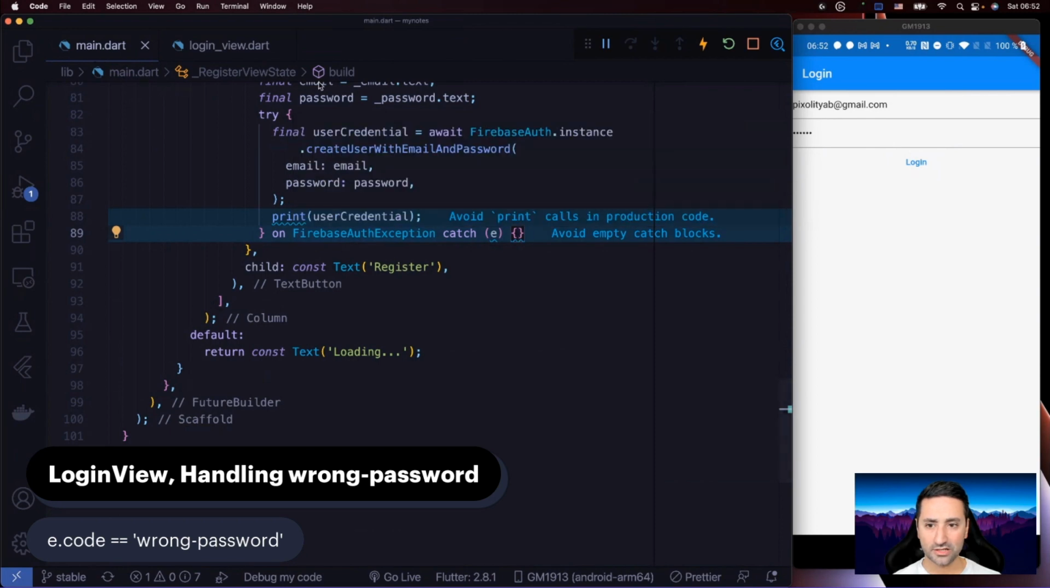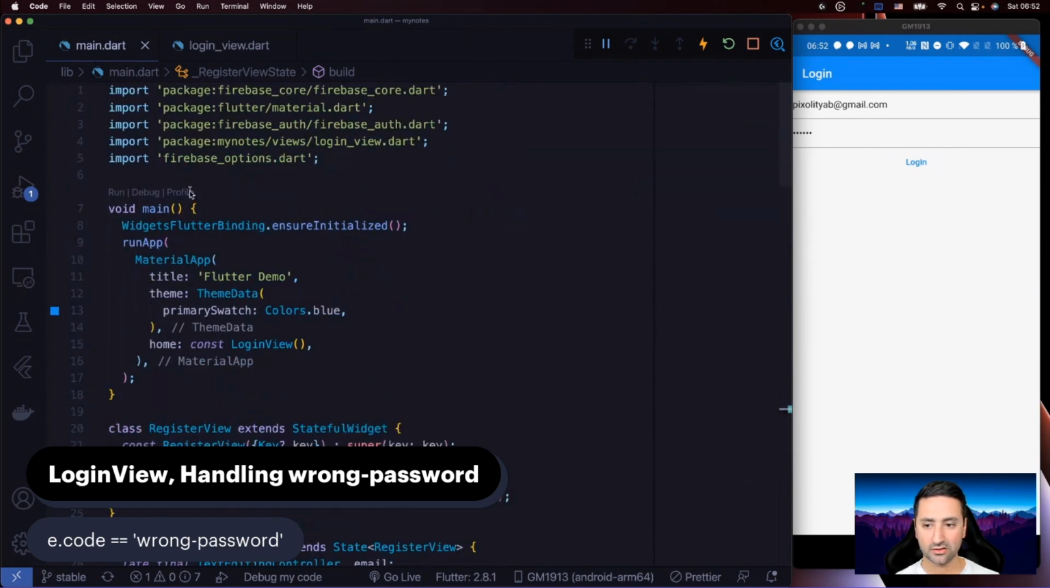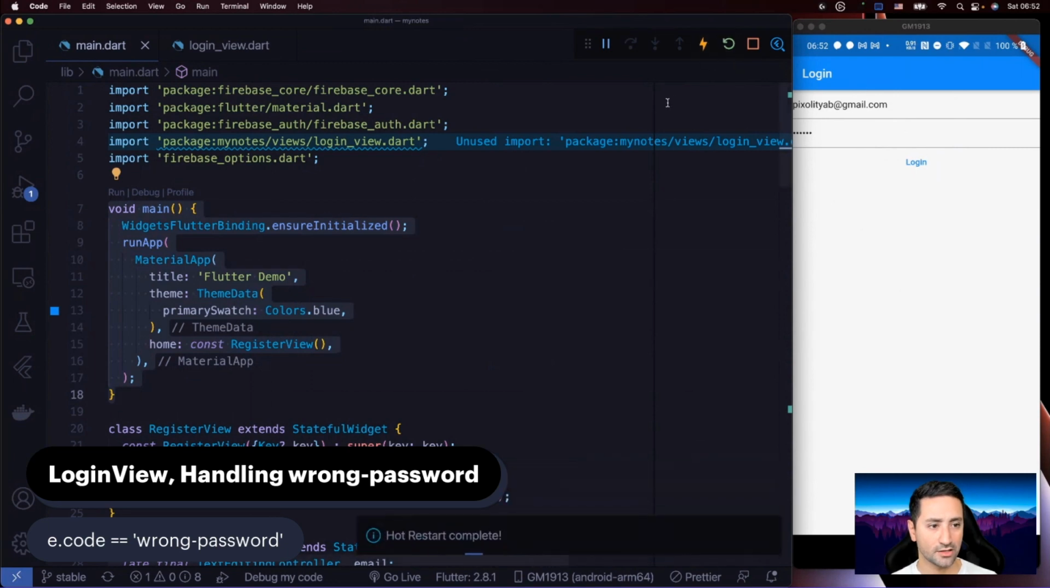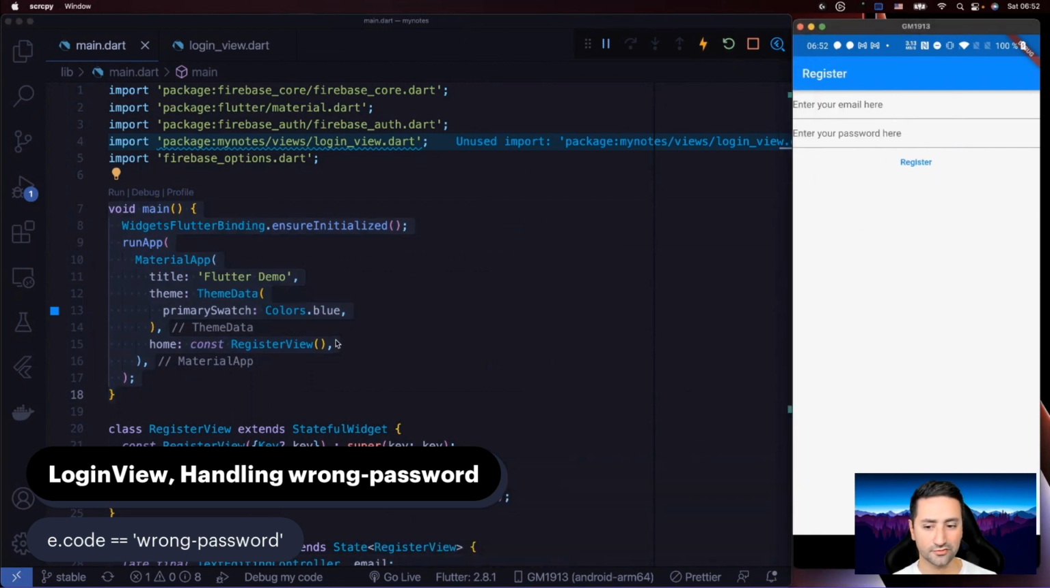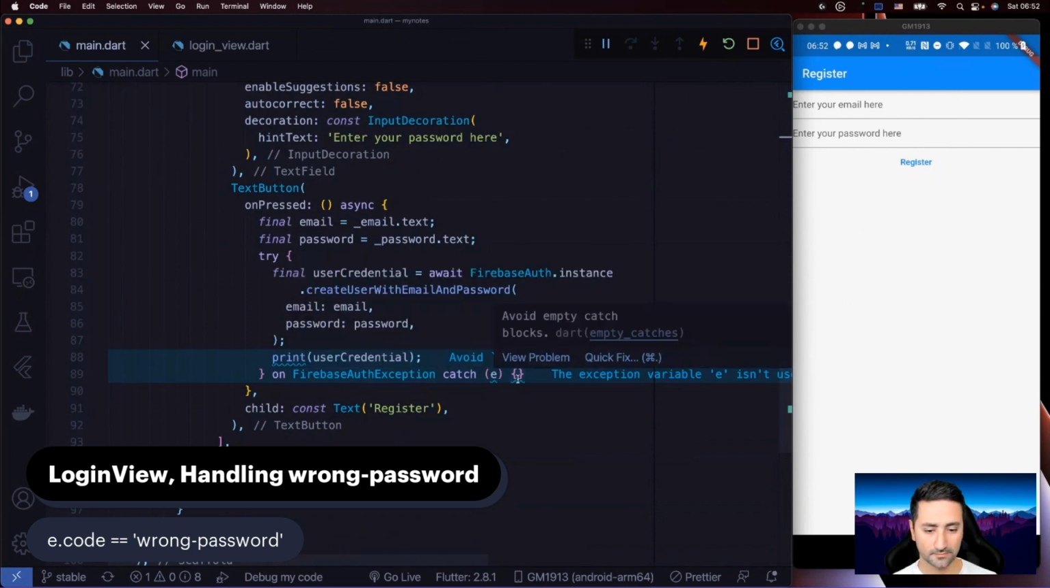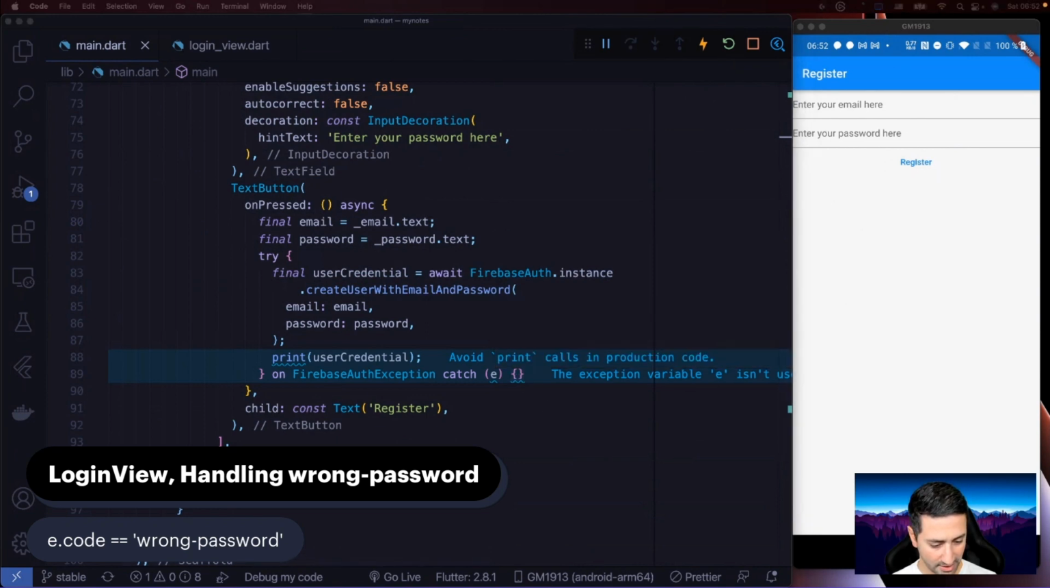Now that we're working on the register view, let's go to our main function here. Since we're only seeing the login view, let's switch this back to register view. And Command S, but this is not going to change anything. As you remember, hot reload doesn't have an effect on anything that you change in the main function. Remember that you have to hot restart, okay? So hot restart, now we are in the register view, and we need to now handle wrong password. Actually, no, that's not the login view. Sorry about that. Now we need to handle